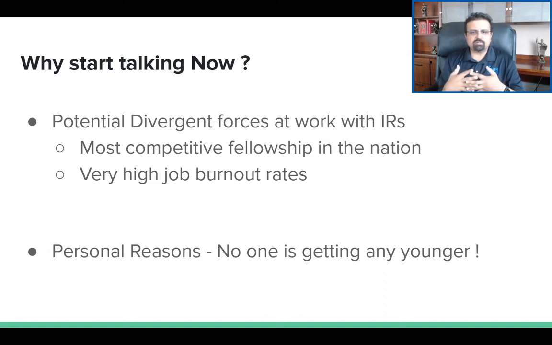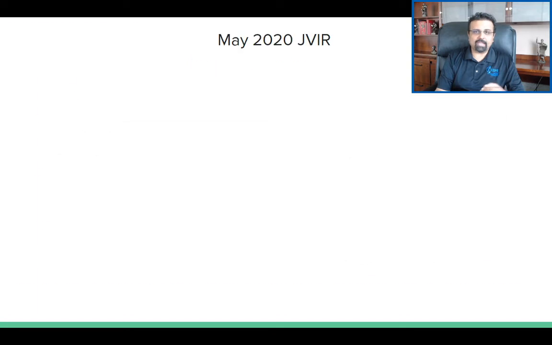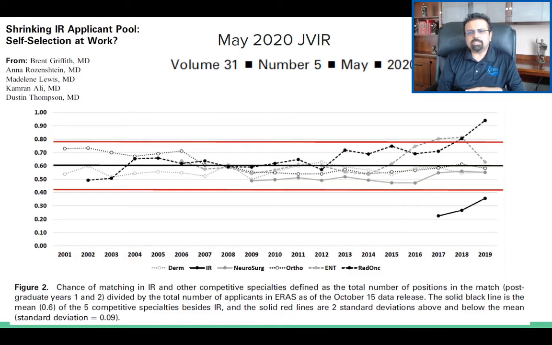Lastly, there's a personal reason for me wanting to present this information now. I'm at a crossroads in my personal life where I feel like I am looking at what 15, 20 years out is going to look like for interventional radiology, and certainly I'm not getting any younger. Let me start off by citing a recent